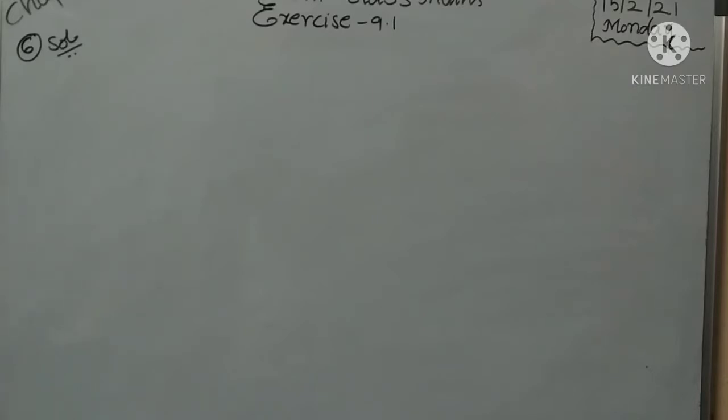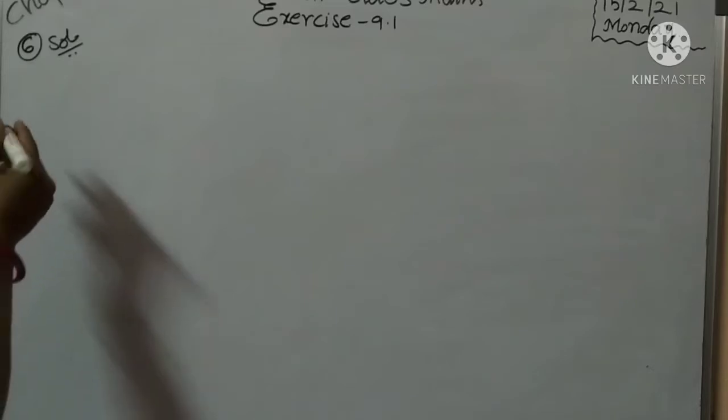Once again, the ratio of the lengths of the parallel sides of the trapezium is 5:3. The distance between them is 16 centimeters. The area of the trapezium is 960 centimeters square. Find the lengths of the parallel sides. Here the parallel sides are not given, so we have to take x. Parallel sides means the same, so we take the parallel sides as x. Now, the sixth solution.